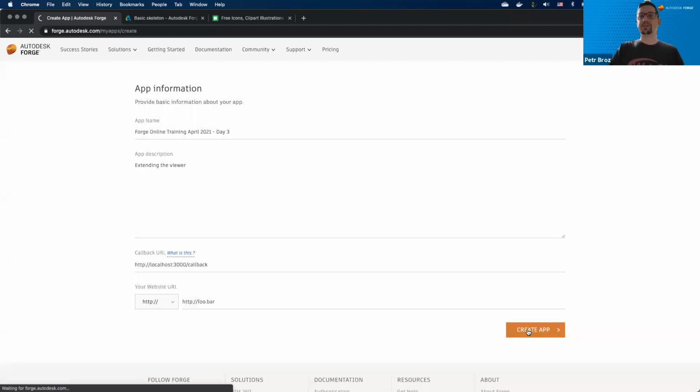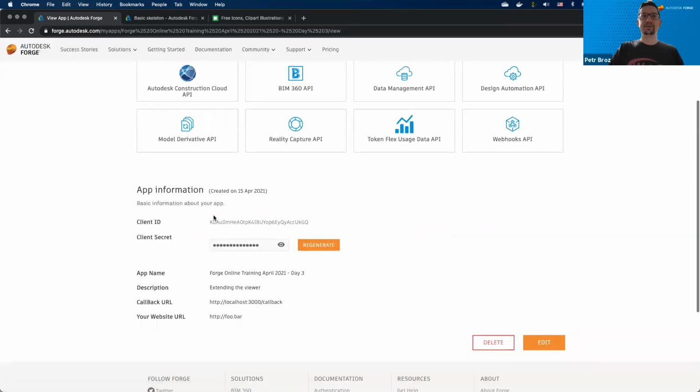What is important after you create the app are these 2 values, the client ID and client secret. These are your application's username and password, sort of. Those are the 2 values that you're going to be using when authenticating yourself to the Forge platform and to the different Forge services. So keep note of these 2 values, or just leave this page open for later when we get to that point, because again, you will need the client ID and client secret when setting up your web application if you don't have one already. All right,